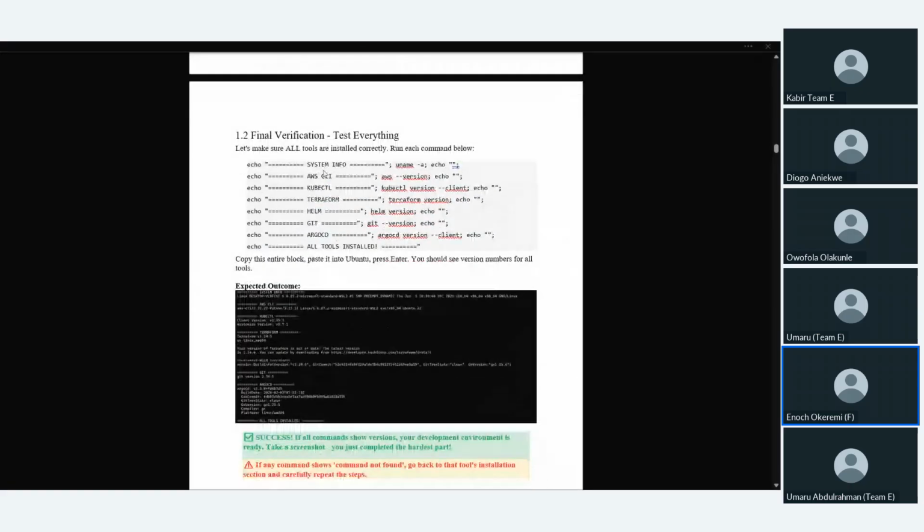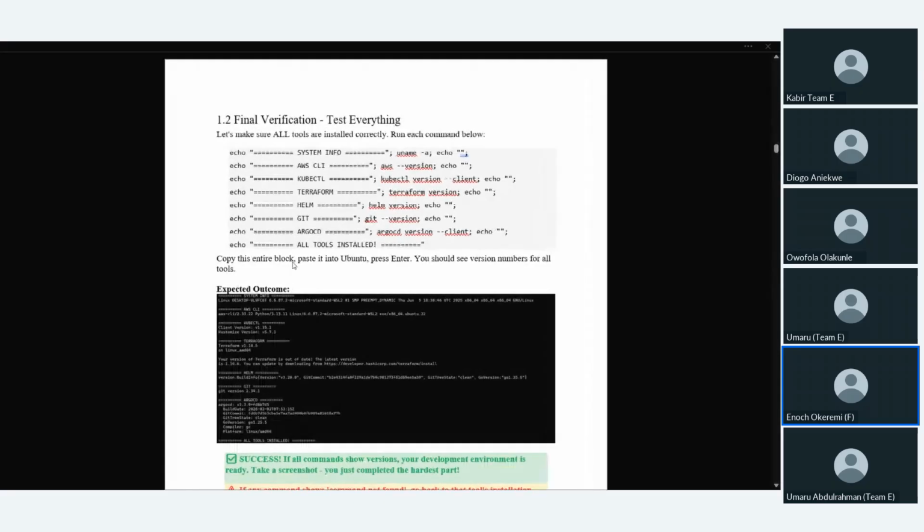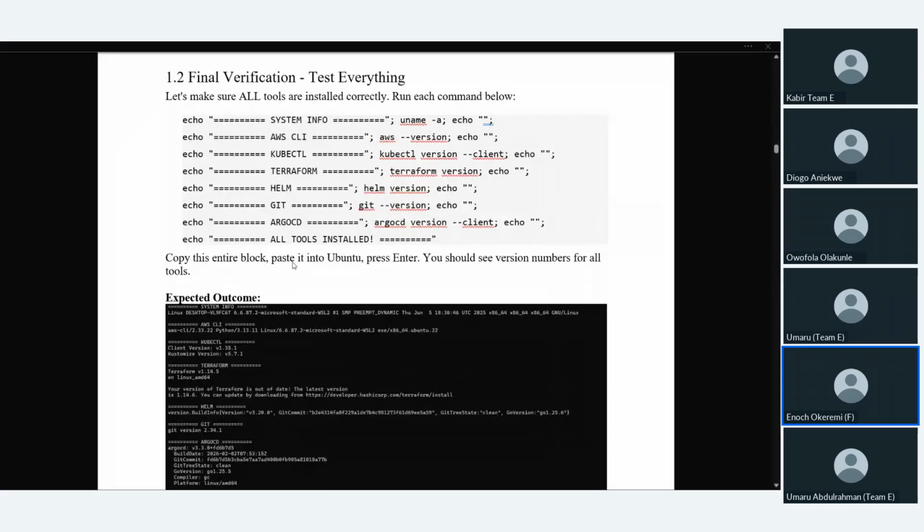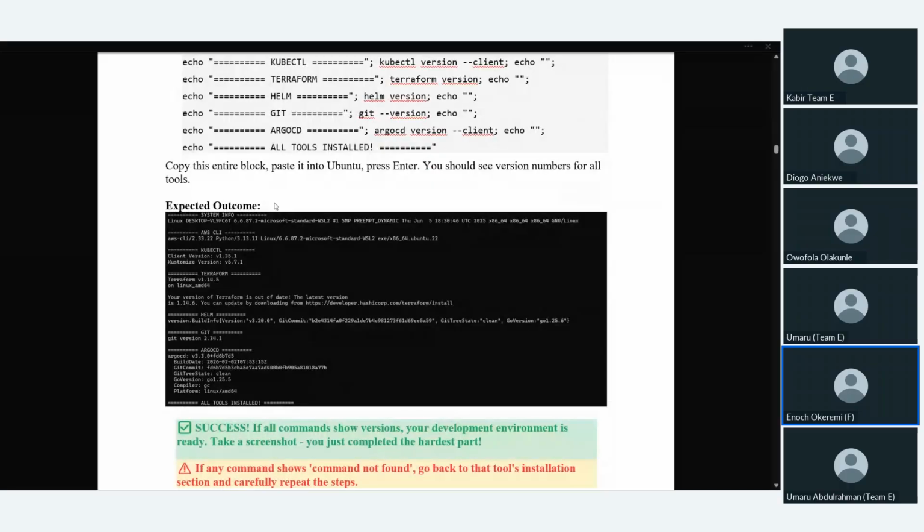At the end of the day, we put the Linux commands that we used to verify that all of this was well installed. Here is a screenshot of my own workstation. So we're going to take this documentation, follow through this process, and start with the foundation so that your platform and everything you're going to use is ready.